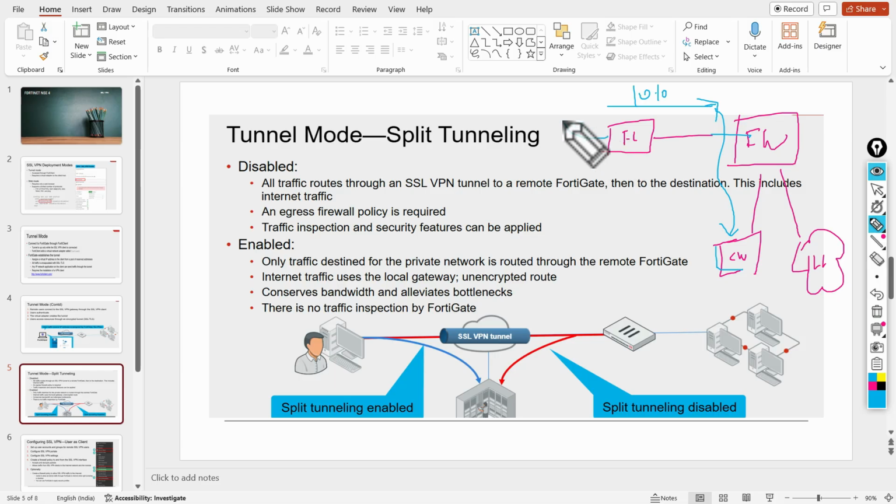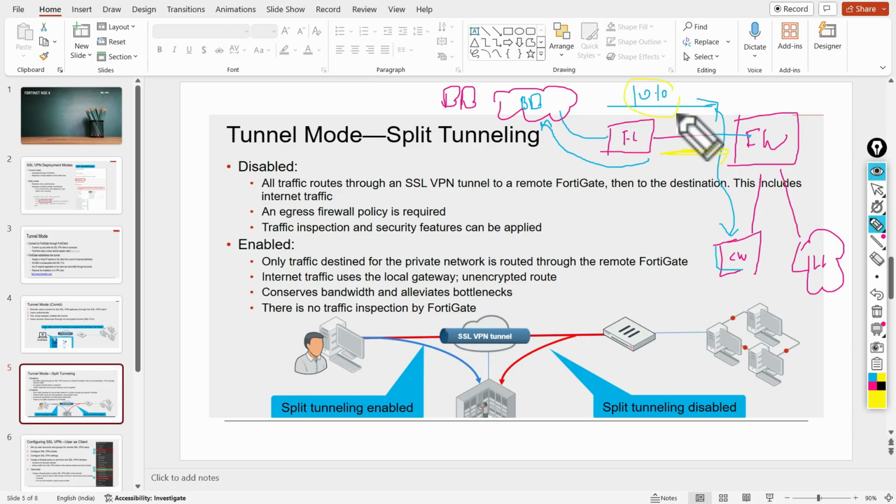The user also has local internet access, which is broadband. So if the user tries to access google.com, it will be forwarded to this broadband. It will not be sent to the corporate firewall.